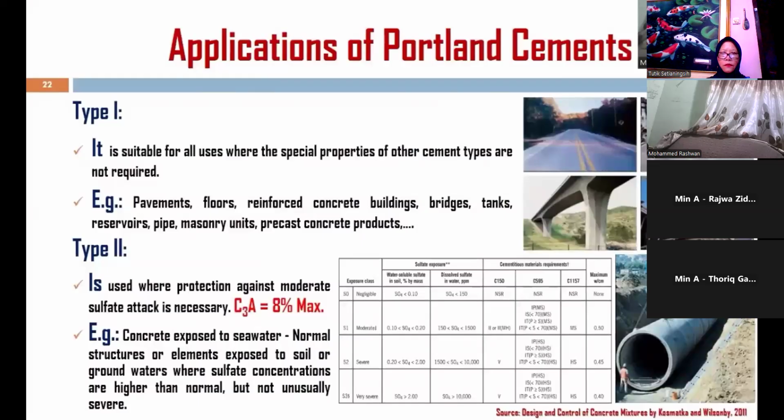Type I is suitable for all purposes, except if we require any special properties like heat resistance or sulfate resistance, or any special property of cement. Type I is suitable for all